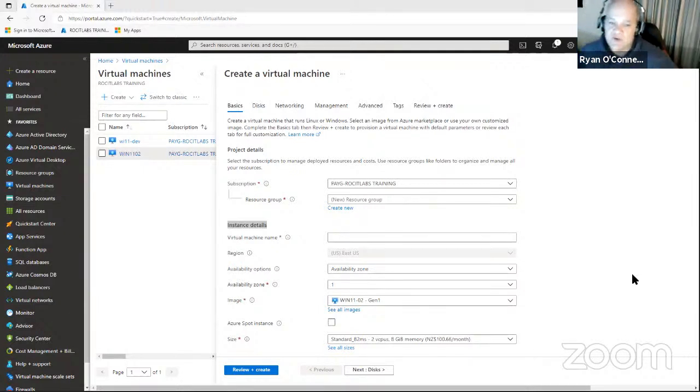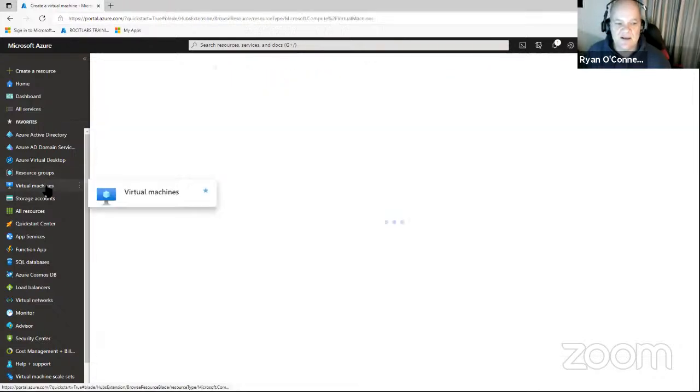Once that image template was created, we then created our virtual machine. And then, of course, once we create our virtual machine, it deploys it into Azure. Then we logged into our virtual machine to make sure that everything is working. And again, guys, once you've done your bits and pieces in your